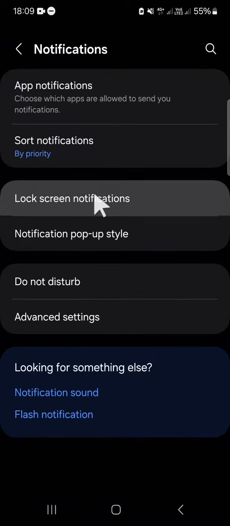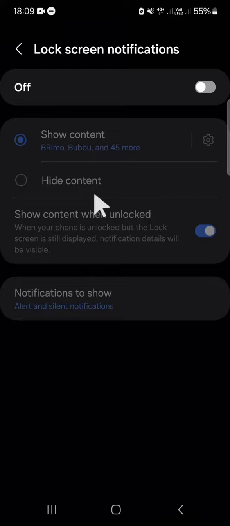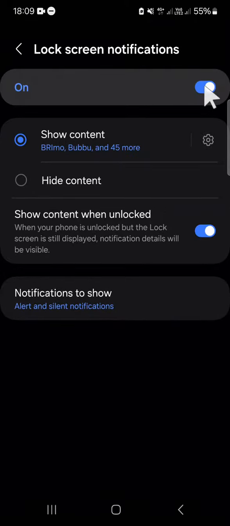Tap on this option, and if you want to show the notification on your Android lock screen, make sure that you activate this lock screen notification. Tap on this toggle button to activate it, and here you can select the apps that can show the notification